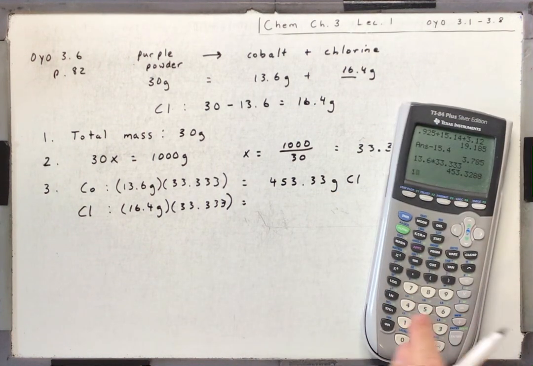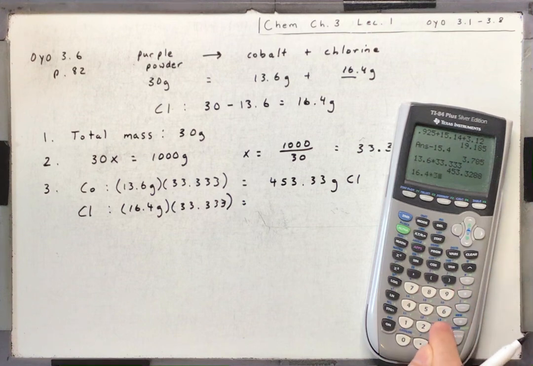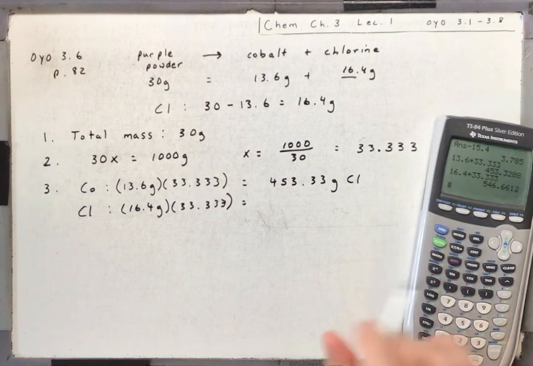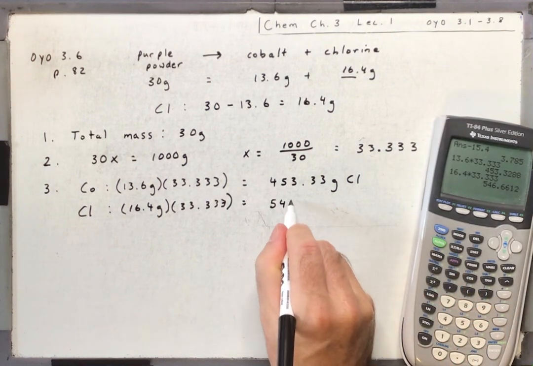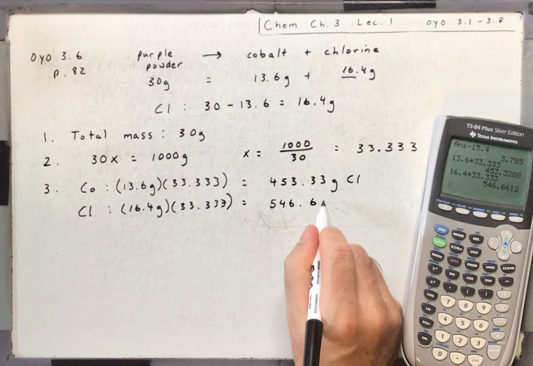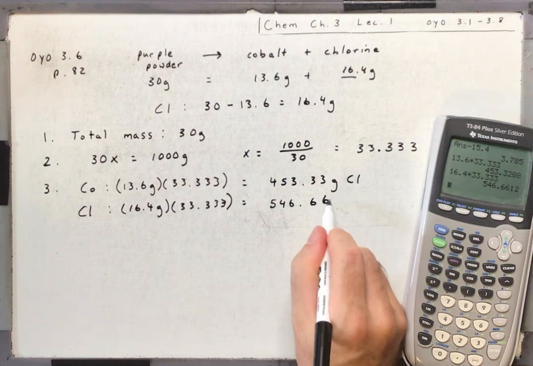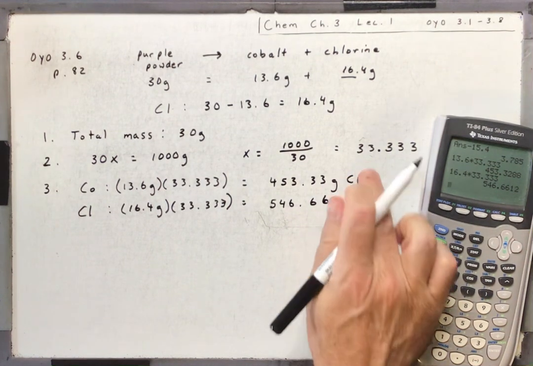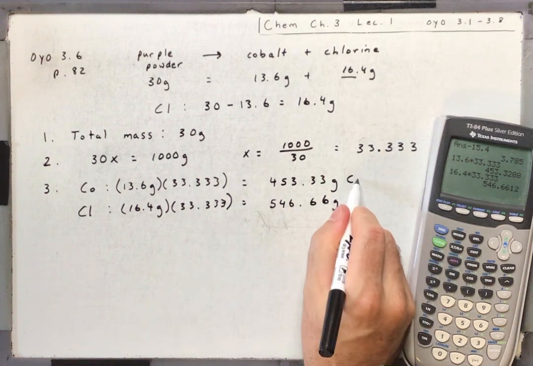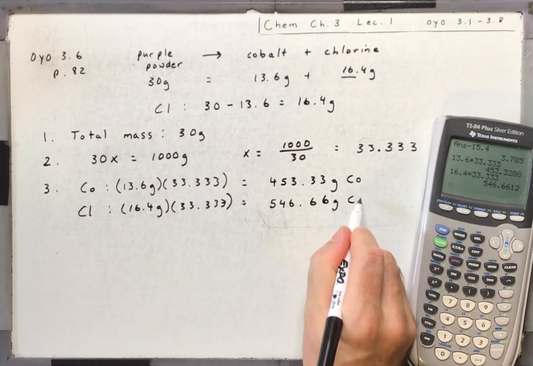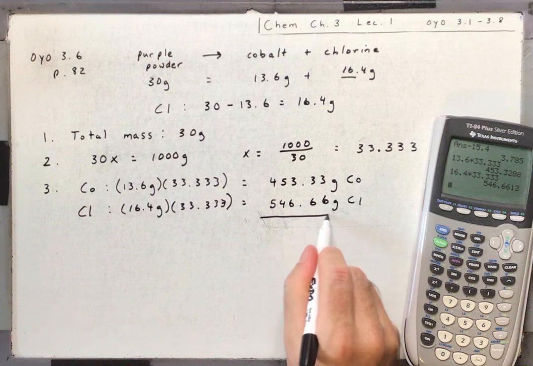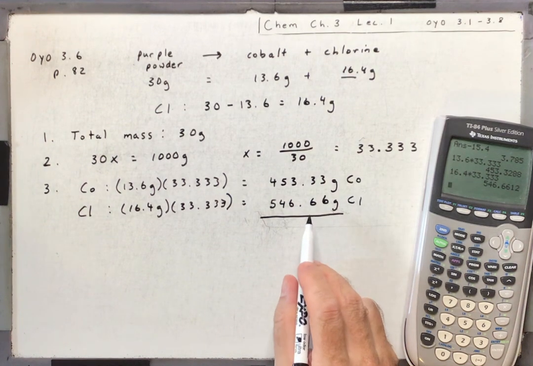And then we have 16.4 times 33.333. That's 546.661. We'll just go with 546.66. And that is, I'm sorry, so that is cobalt on the top and chlorine on the bottom. Now, if you add those two up, you come up with